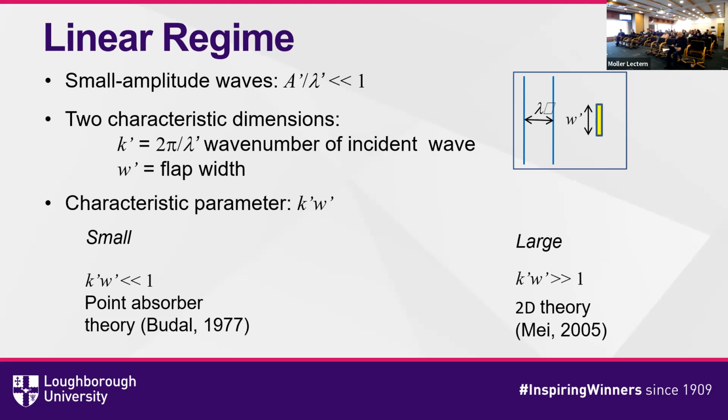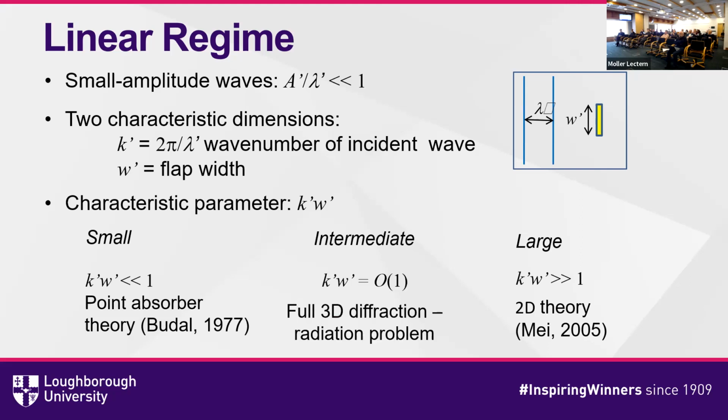And then on the other end of the spectrum, we have the case where K prime W prime is much greater than 1. So essentially the device behaves almost like what is called a terminator. So it's a two-dimensional device, which is essentially parallel along the wave crest. And again, we could find quite a lot of references in the two-dimensional case, most importantly by Professor Mei at MIT. But there was almost nothing in the intermediate case,